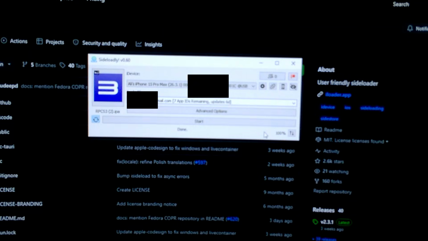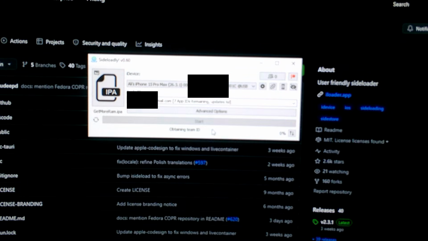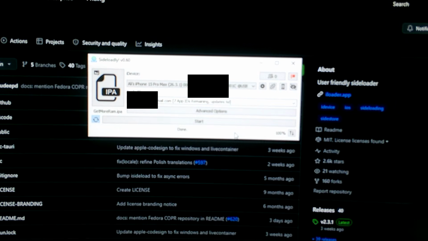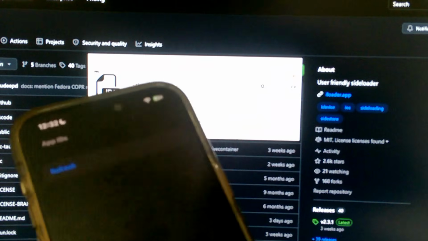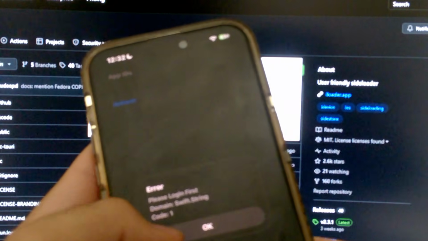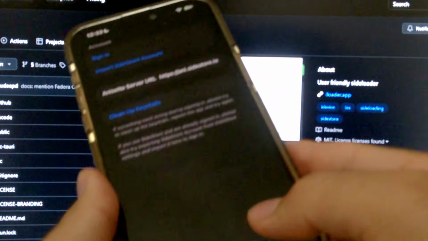Now I'm going to show you guys how to fix that. You're going to go ahead and press sideload again to the get more RAM IPA, and just press start once more, and you gotta wait for it to show up on your iOS device, and it's gonna be really quick. It's a really small file, it doesn't even have an app icon. You open it, you press refresh, and it's gonna say login first,